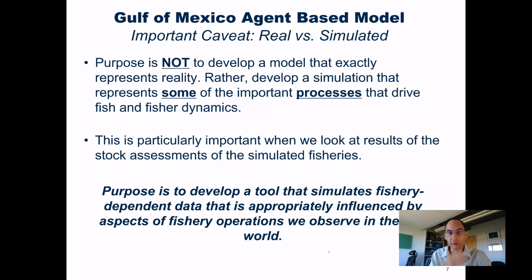And for folks that are familiar with these fisheries, when we look at trends over time, in a little while, it's really tempting to think, oh, well, that doesn't follow the trend I know from stock assessments or what's actually happening in the fishery. But do keep in mind that although, as I'll demonstrate in the next several slides, there's a lot of realism built into this simulation model, at the end of the day, it is a simulation model.